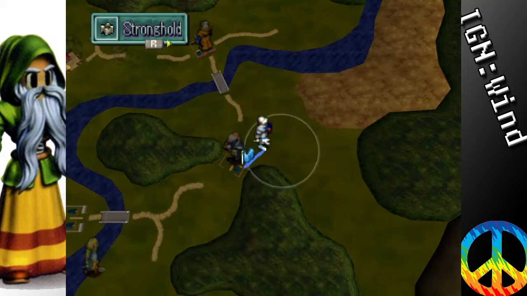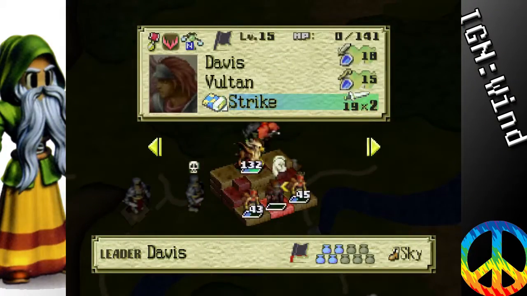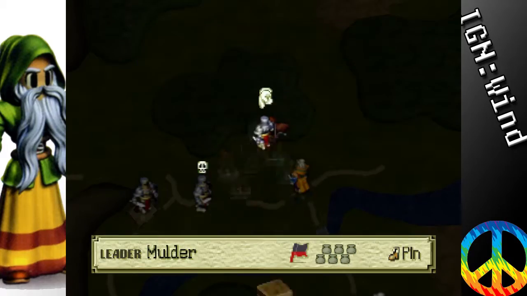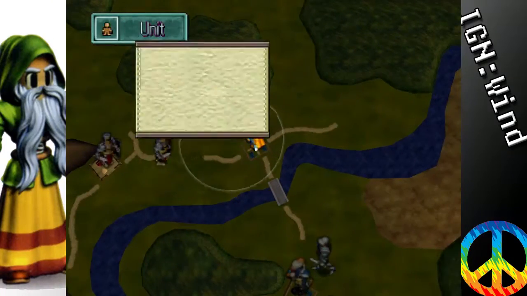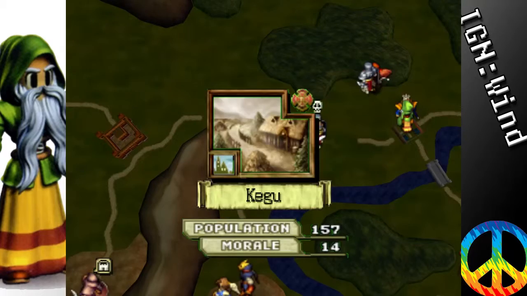Alright, target eliminated. Let's head you back. I've got these two guys just hanging out up here. You don't have an alignment I'm concerned about. Alright, so Bolt, start heading up there. Take them out. In the meantime, Ingram and Kegu...